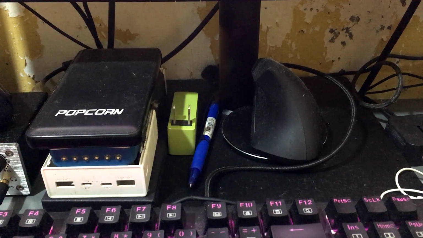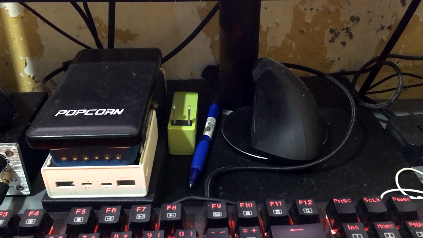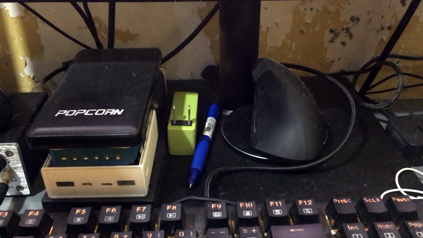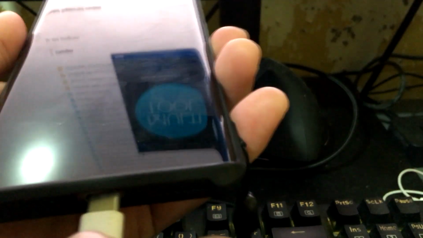Hold on one second, because I got my Type-C cable connected to a different charger to charge my phone a while ago since I was trying to use it. So I'm plugging in my cord to my PC's USB port, and right now we are on here. So let me connect this,